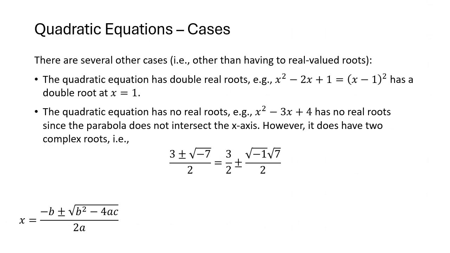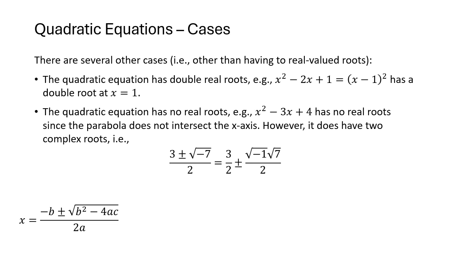Okay, so the additional two cases for a quadratic equation in terms of its roots are either a double root or a repeated root, and that's the first bullet item, x squared minus 2x plus 1 equals x minus 1 squared, and the root is x equals 1, and it's repeated. The parabola, if you graph it, touches the x-axis just once at the point x equals 1, y equals 0. The other case, which is of interest to us, is when you have a negative number inside of the